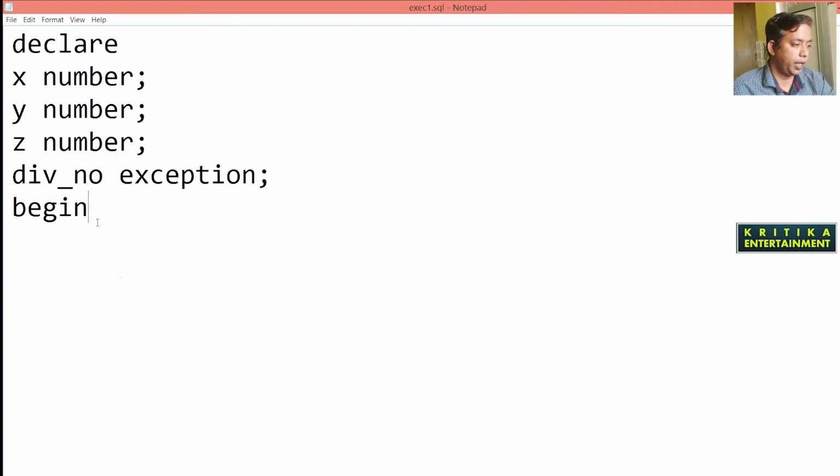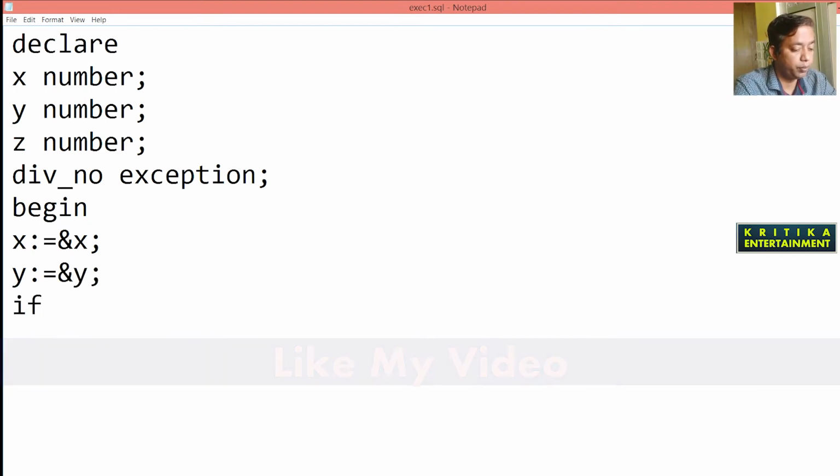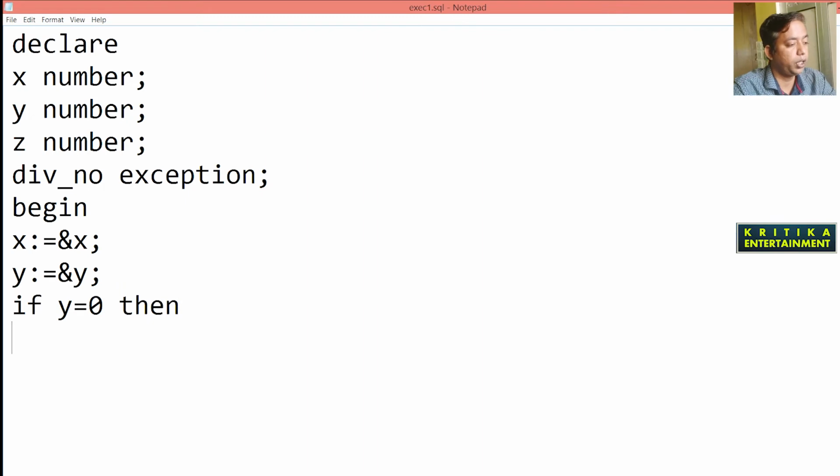Then write BEGIN. Then I will take the input: x equals ampersand x, and y equals ampersand y. Now, if y equals 0, then RAISE div number.